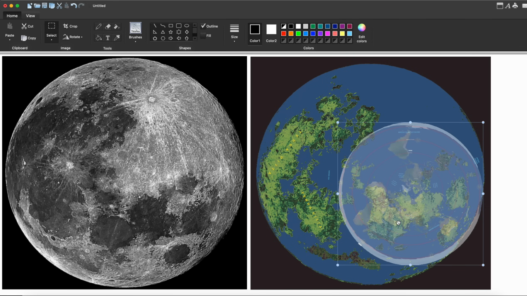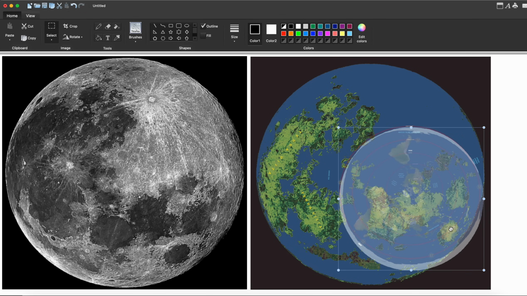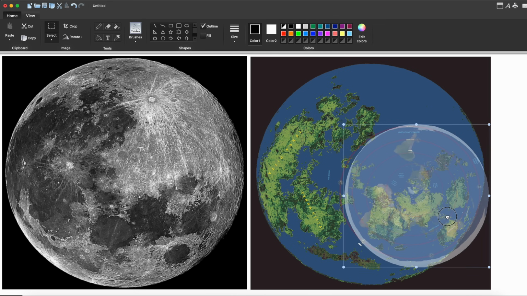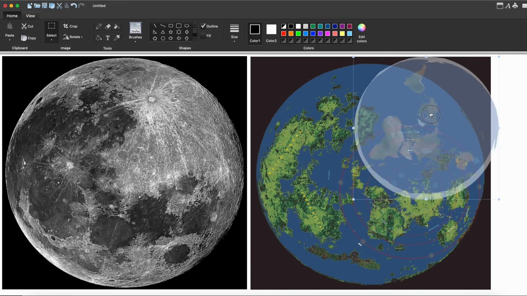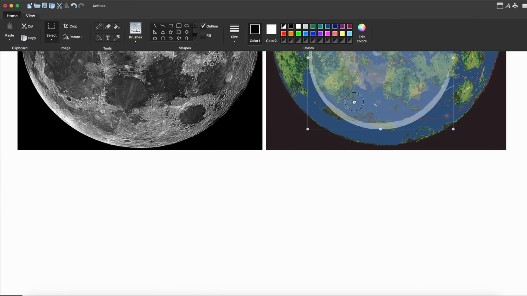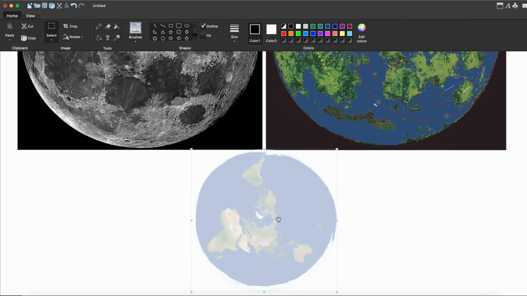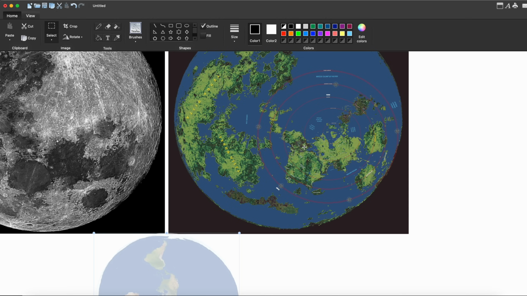So if this were to rotate here, everything would rotate to the left a little bit, and these land masses would match perfectly. You can see Australia right down here. These land masses would match perfectly if I were able to rotate this image just a little bit more, which I am not, unfortunately. But this flat Earth map that you see right here would overlay perfectly onto these concentric